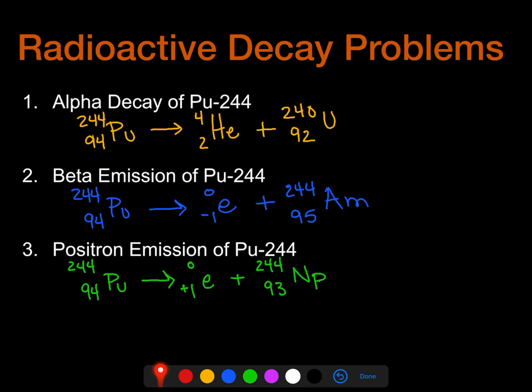And the same thing goes for our values for mass. On the left-hand side, we have 244 on each one of these. On the right-hand side, 244. And then in this top one, we had 240 plus the 4, and so that gives us a total of 244. I hope that's helpful and gives you a little bit of information about nuclear